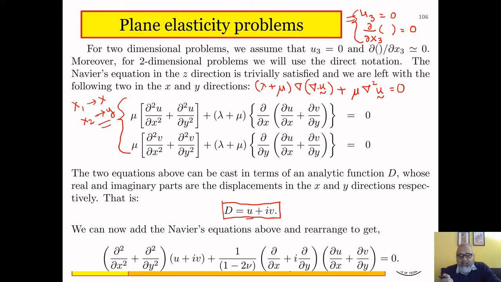So having done that, we can now write the two Navier's equations together into one equation. We can club them into one equation. So this is what we do. We multiply this by i on both sides and add it to this equation. So this equation plus i times the second equation, and that will give me this mu